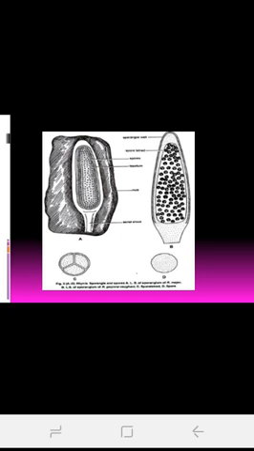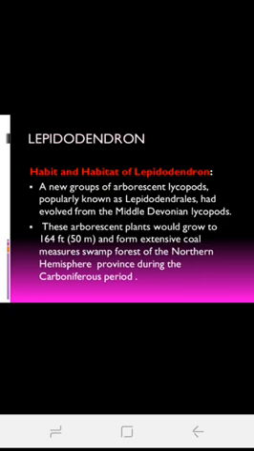Okay. Now, the next fossil type is Lepidodendron. This also belongs to the same group, Pteridophyte. Lepidodendron is observed in the Devonian period. You may know about the geological time period, and these are arborescent plants, aerial plants, observed in coal deposits, swamp forest of Carboniferous period, and you can see it is a large fossil type.